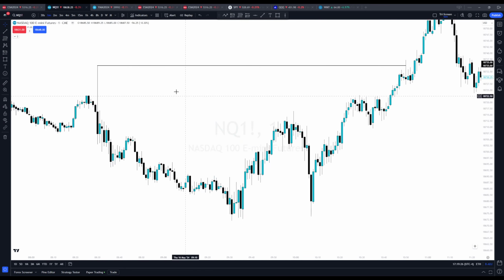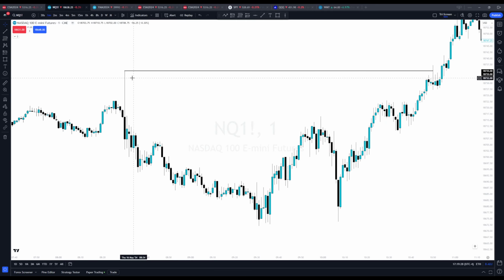Why? All the retail traders are trading this, and they're like, "Oh, this is resistance. This is resistance." Well, the algo's like, "Well, I know all those stop orders are there. We're going to attack that." Anybody that shorted here, their stops go here. Look what happens. Market runs up and ends up taking that high.